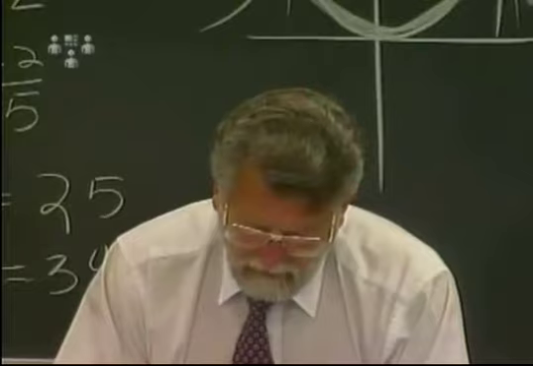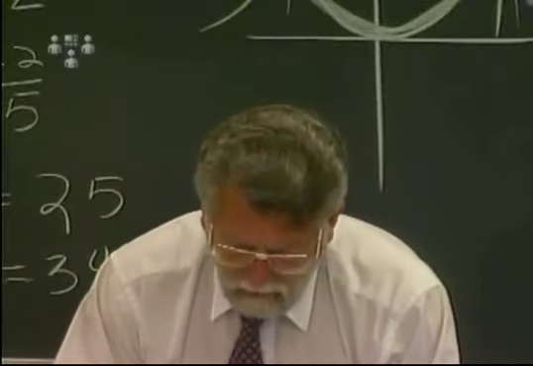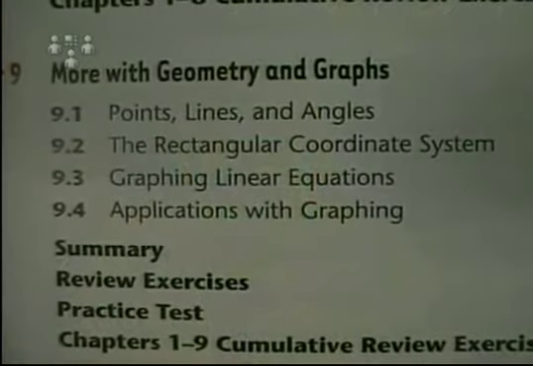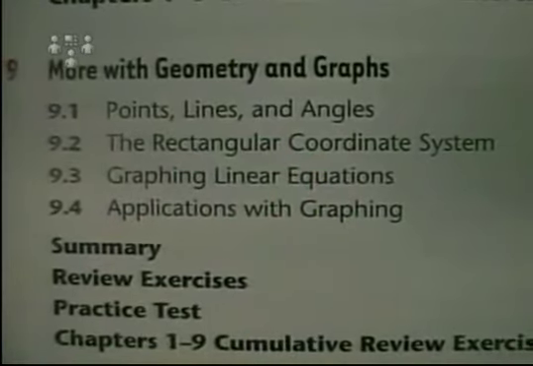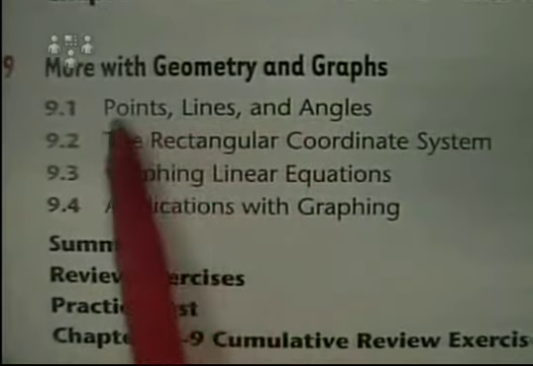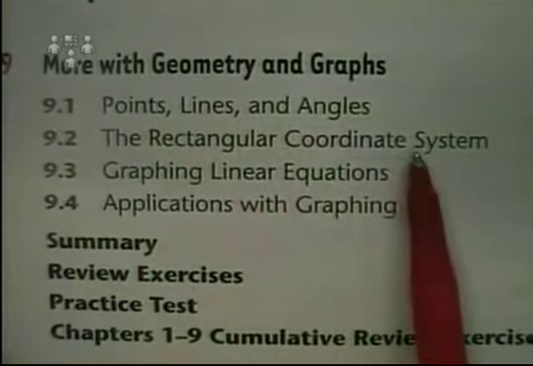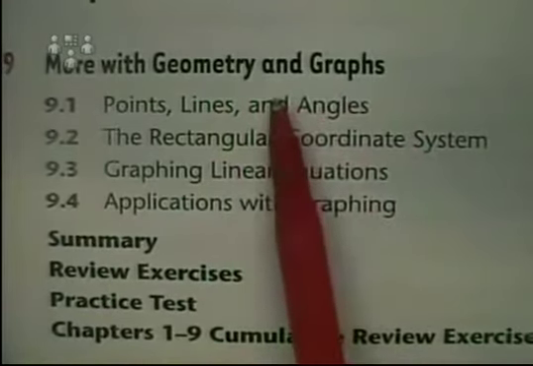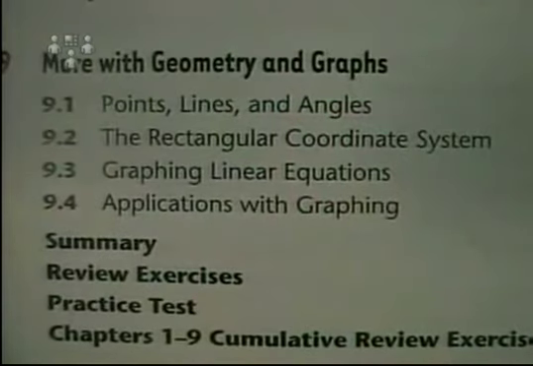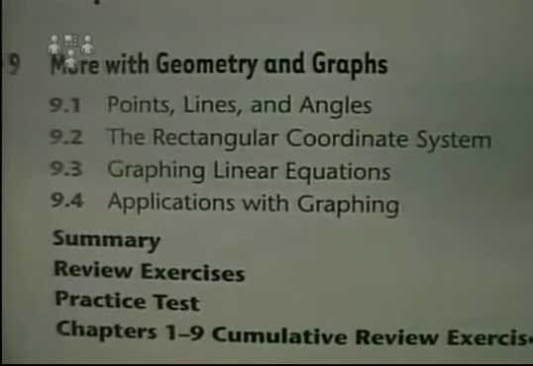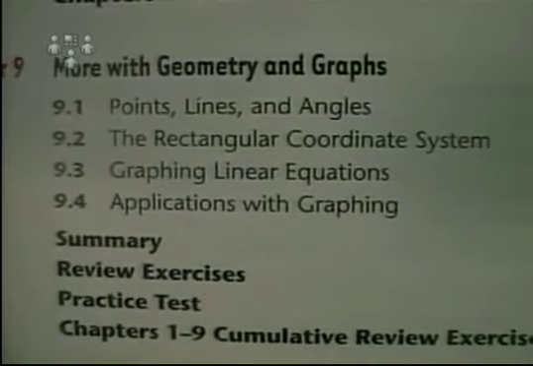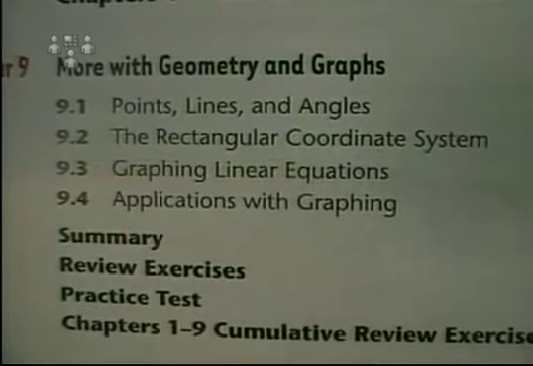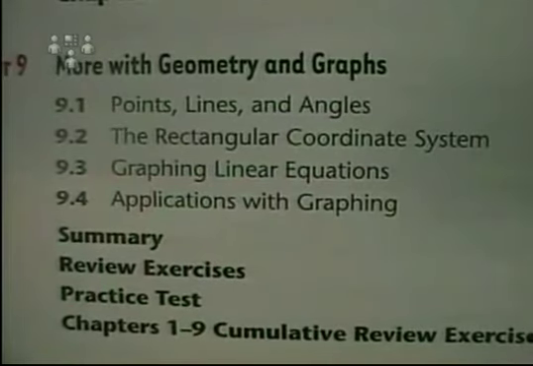Okay, as we come off that, then we went to the rectangular coordinate system and the idea of graphing linear equations and points, lines, and angles. And most of this up here was vocabulary, right? And we talked about the rectangular coordinate system. This is where we talked about angles being related angles. We talked about acute angles, obtuse angles, straight angles, right angles. And then we talked about the rectangular coordinate system and graphing, and 9-3 is the big one. So 9-3 of the lines we graphed,